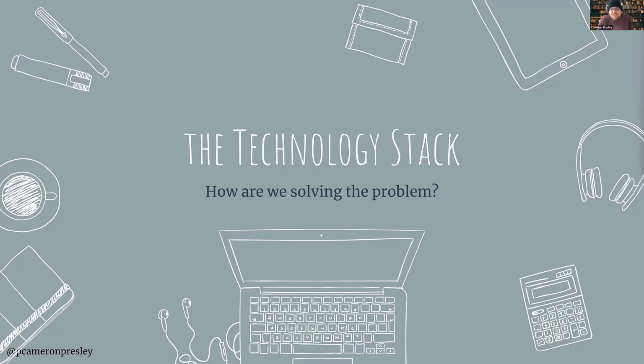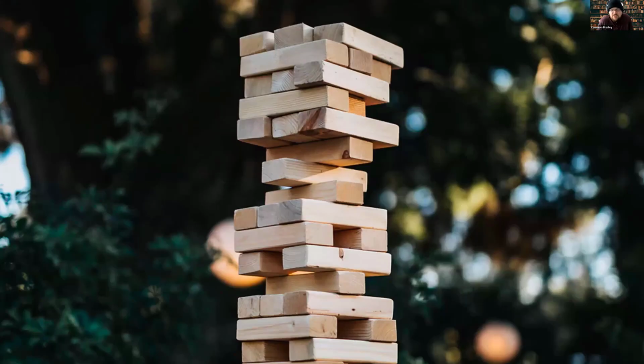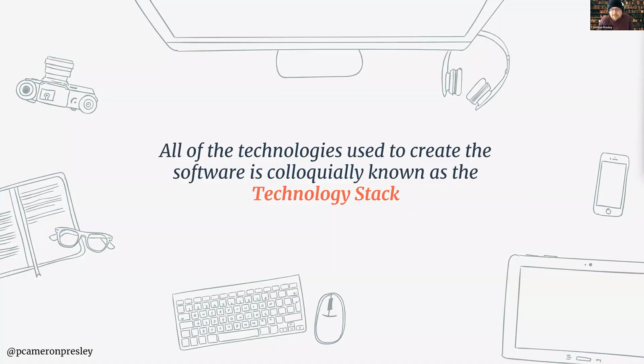So let's talk about the tech stack, right? So how are we solving this problem? And yes, this is technically a stack. Yes, there's a data structure called a stack. We're not really talking about either of these things per se. When we're talking about tech stack, we're really talking about all of the technologies that are used to create the